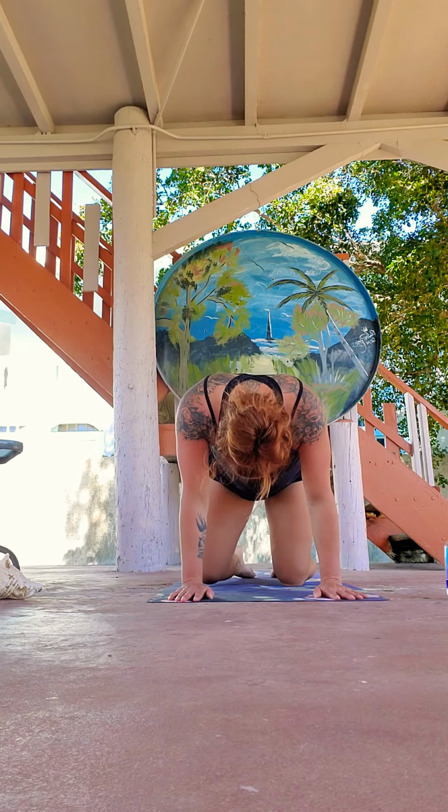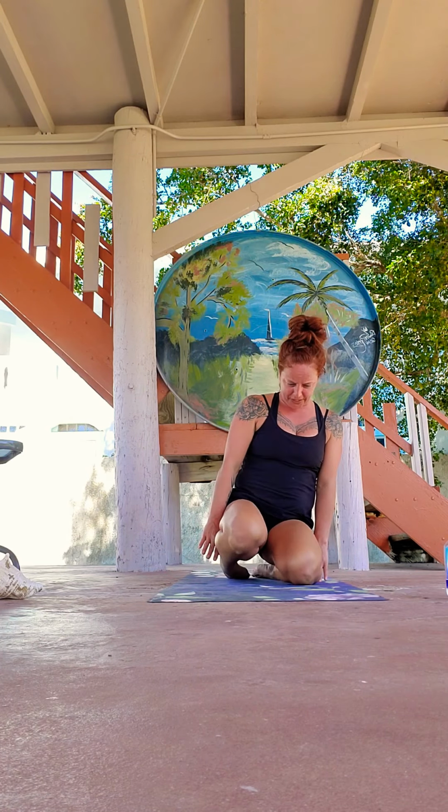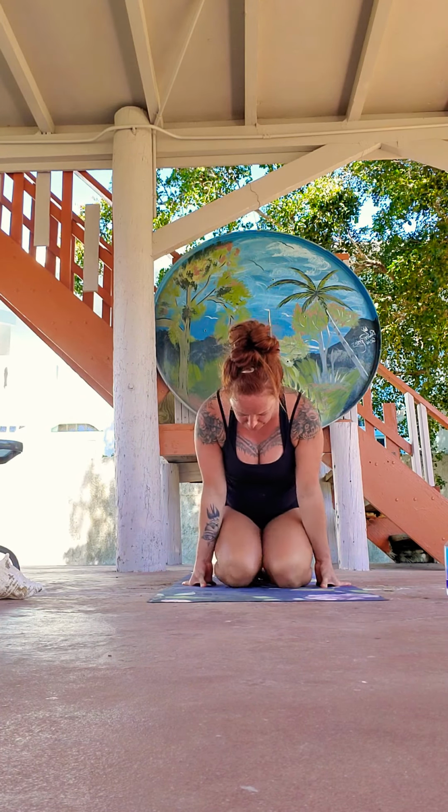So let's start out just taking a few breaths here in child's pose, or if child's pose is feeling too confining today, you can start with me and just sit back in hero. I'm going to close my eyes, take a few slow deep breaths. Slow down not just the pace and the rhythm of your breath, but the process of the mind,